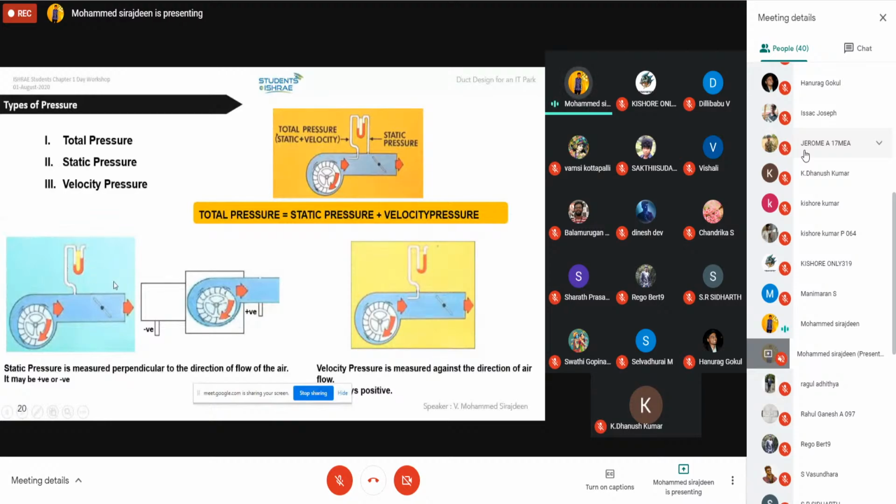If it is in downstream, what will happen? The pattern will be reversed. It will be a suction. Okay, so that is called negative static pressure, and the other is positive static pressure. Okay, then